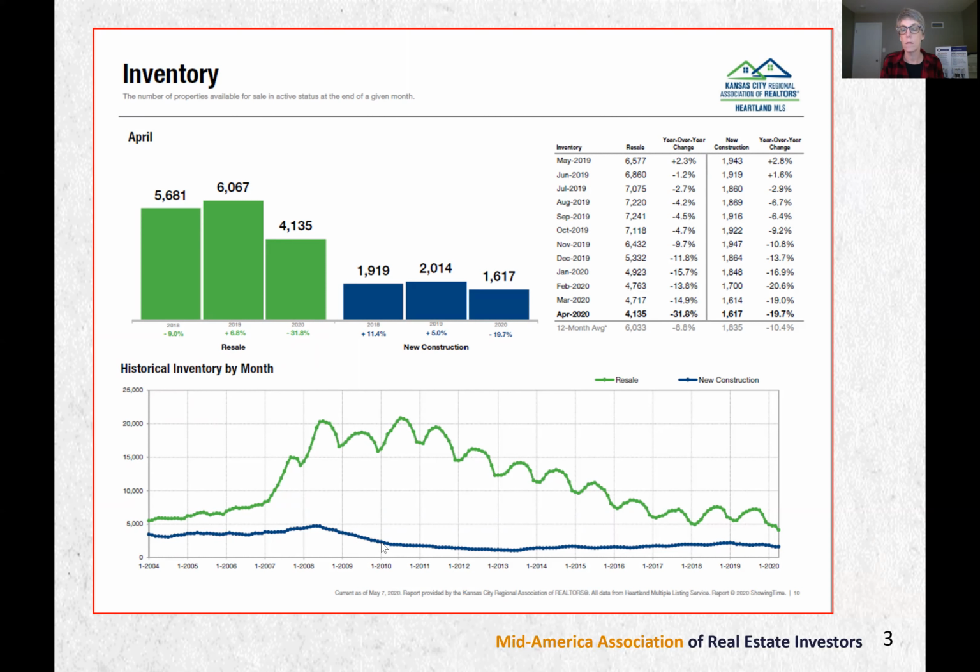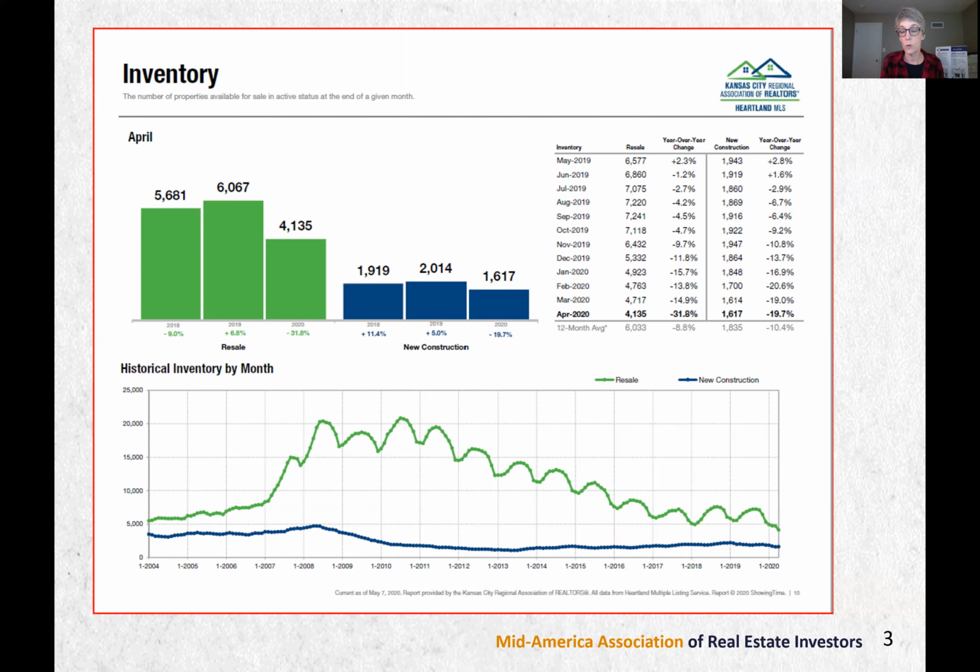And why did they go down? Well, one, nobody was buying them, and two, nobody was lending to the builders to build new houses. We kind of bottomed right in here, and it's been coming up a little bit, but I really don't think we're going to see the new home builds like we were back in 2007 and 2008. Inventory went down on resales because the builders are all buying the resales as well.